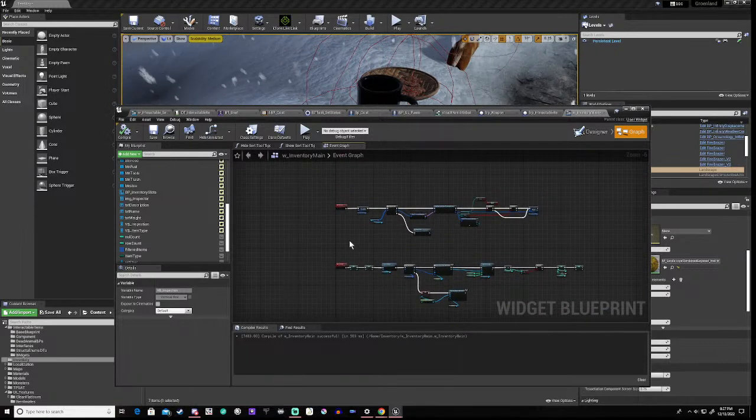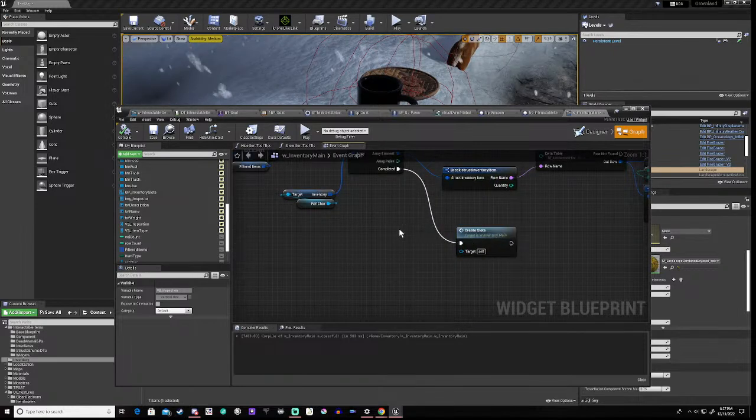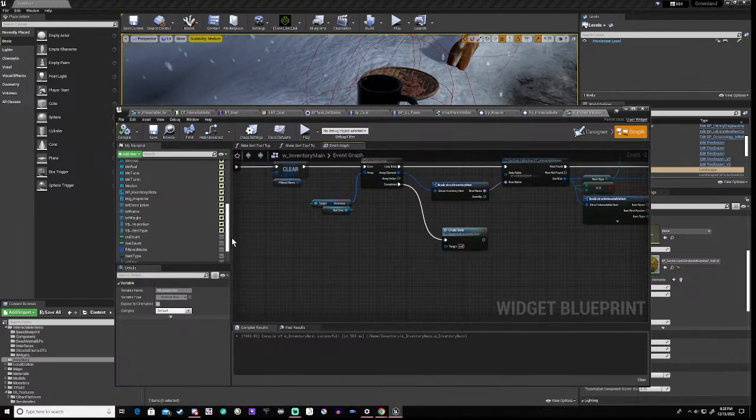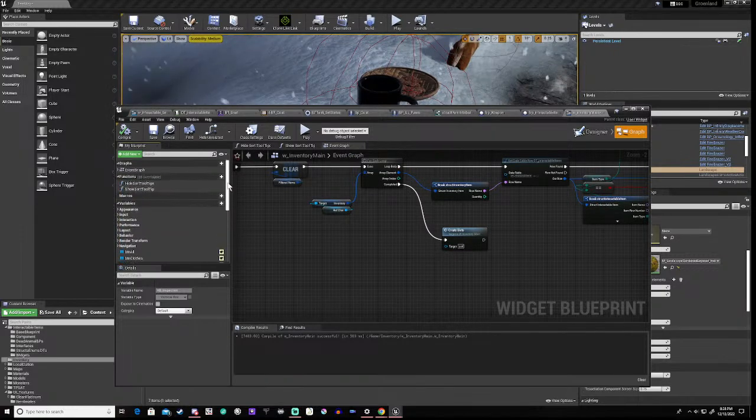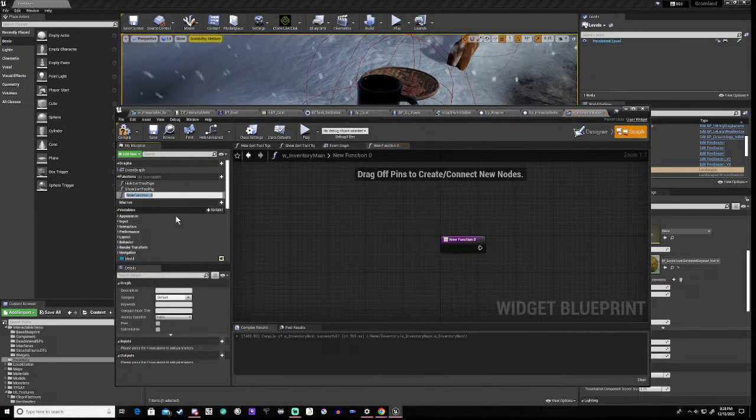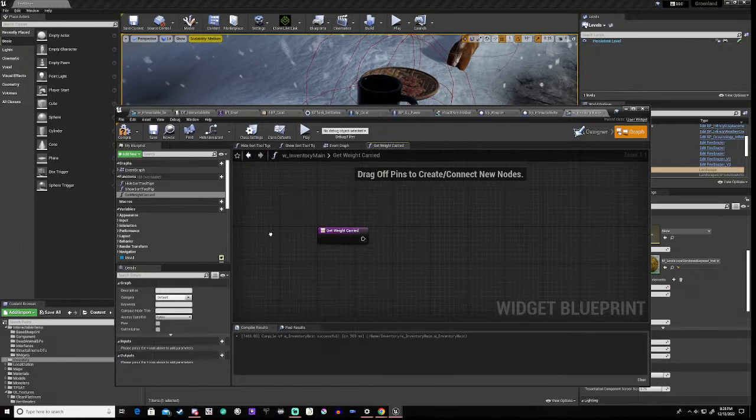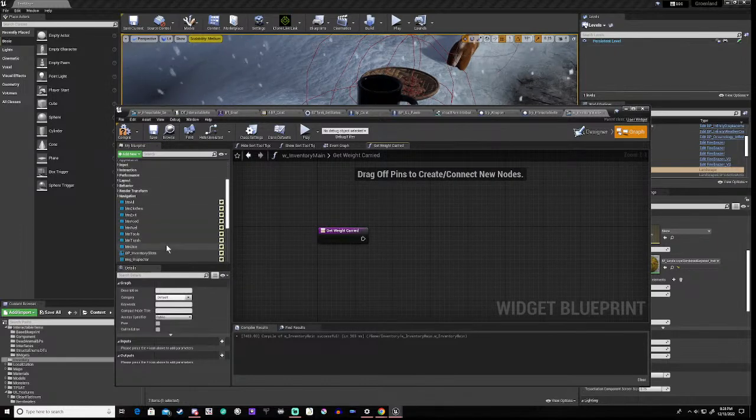So, basically, we want to do a function, right? So what we're going to do is we're going to say get weight carried. Okay, and what this is going to do